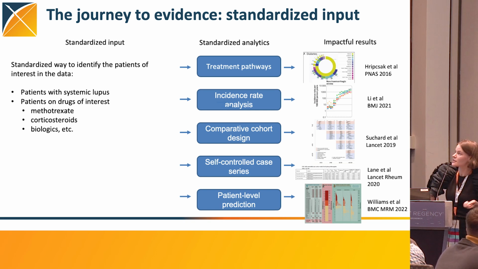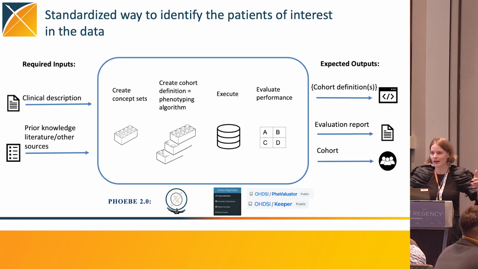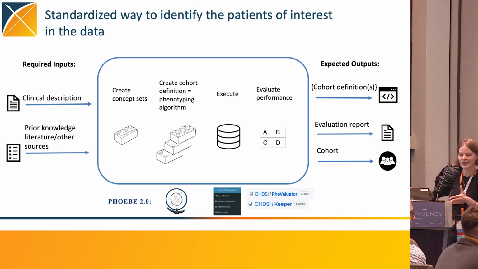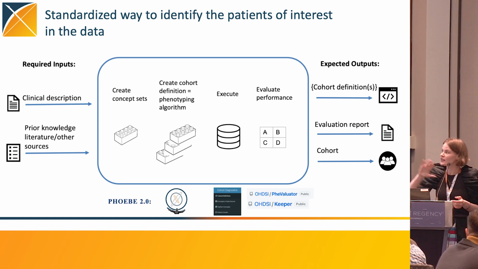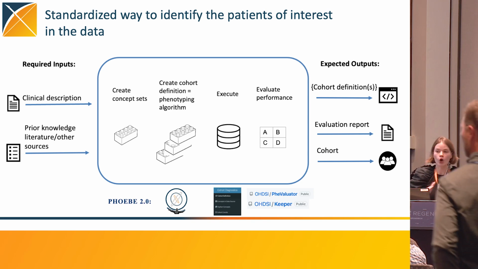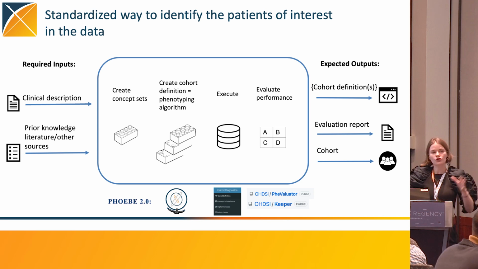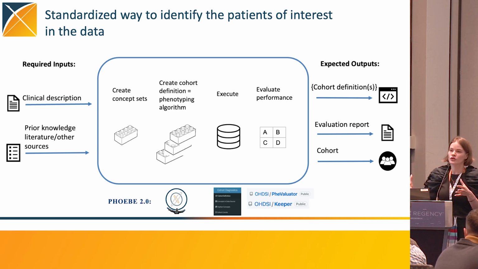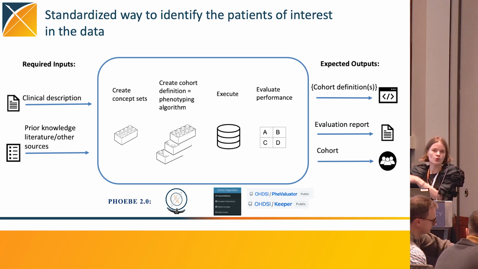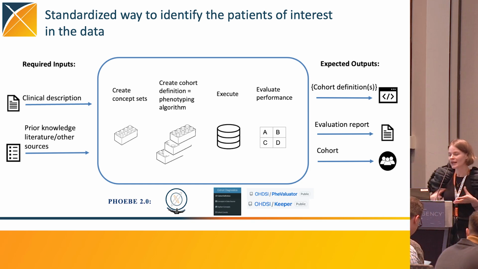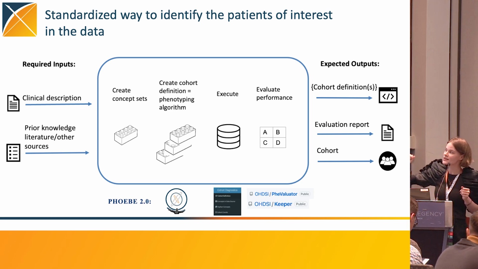And for this standardized way of identifying the patients, we in fact also have pipelines backed up by open source tools. And in the pipeline that we use in the OHDSI community in our best practices, you start with a clinical description that outlines all of the details about the condition of interest. You also use prior knowledge from the literature or other sources to learn how these patients were identified in the data before. Then you take all this input and you pass it into these processes in the box in